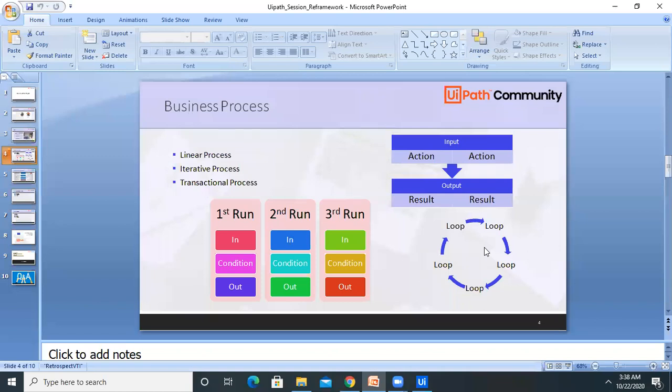Here we are talking about the loop concept, but it is not always true only for programming. This is also true, for example, in an HR process. Once HR visits Naukri.com or any other hiring portal where they are searching for candidates, they search with some parameters and it lists a number of candidates.